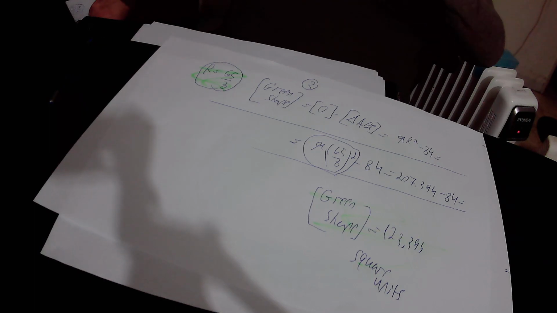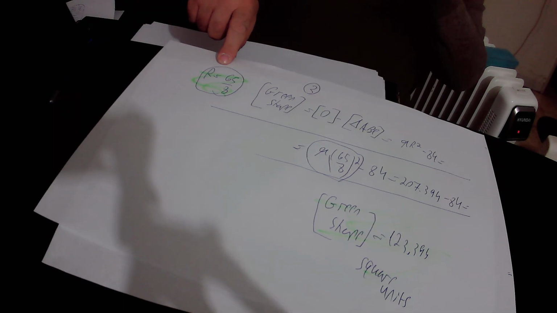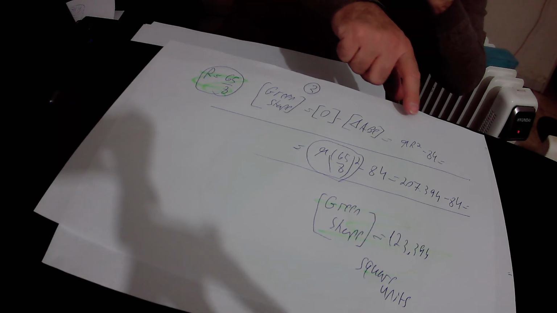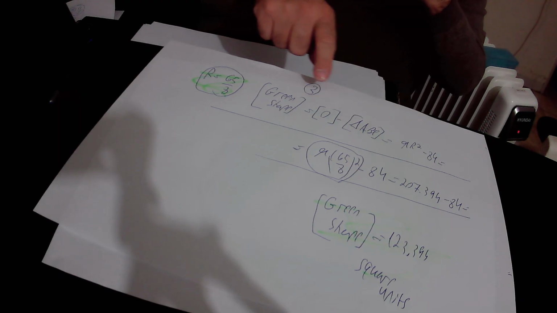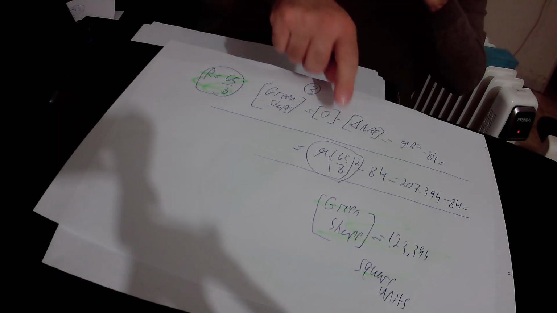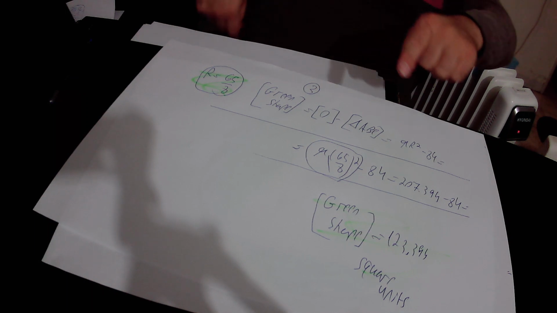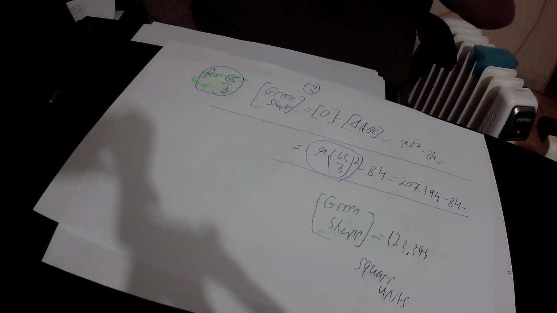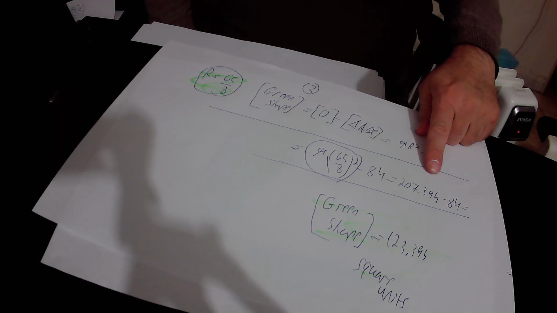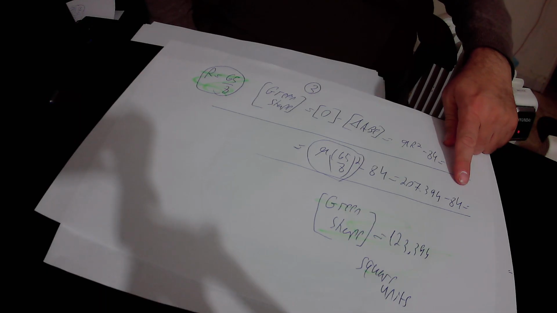Okay, so the area of the circle is pi r squared, but r is 65 over 8, therefore r squared is 65 over 8 squared, so in total pi r squared is pi times 65 over 8 squared, minus the area of triangle ABC, that is 84 square units. This expression in total equals 207.394 square units minus the area of triangle ABC, that is 84 square units. 207.394 minus 84 equals, in total,